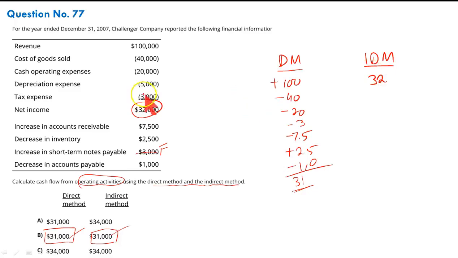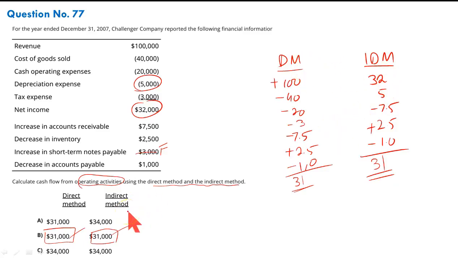Let us do it in our conventional indirect method where we start from net income, add to it the depreciation expense in total, 5. What else? Nothing else. 32 is net income, add back depreciation. Increase in accounts receivables, effectively outflow. Decrease in inventory, inflow. And finally, decrease in accounts payable, you would have paid, -1. So starting with 32 plus 5 less 7.5 plus 2.5 less 1 gives you the exact number 31. So that's how we do it under direct and indirect method.